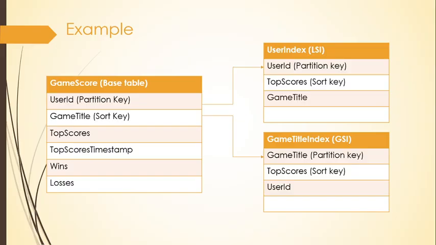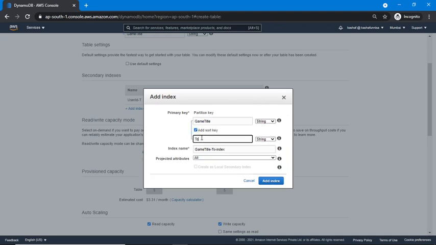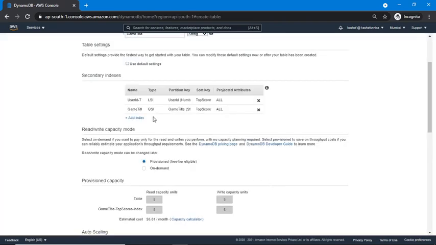Game title is of type string, and top score is of type number. Here again I want to project all the attributes, and this option is disabled, so it will be my GSI by default. You can see here it is of type GSI, and my two indexes are added here.